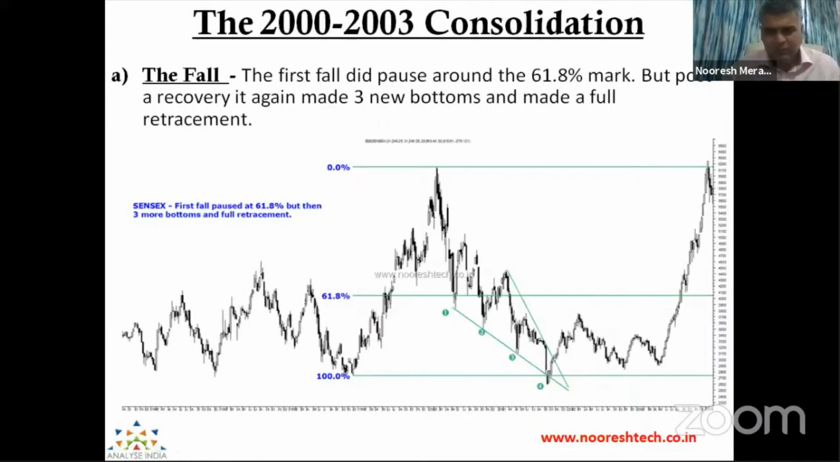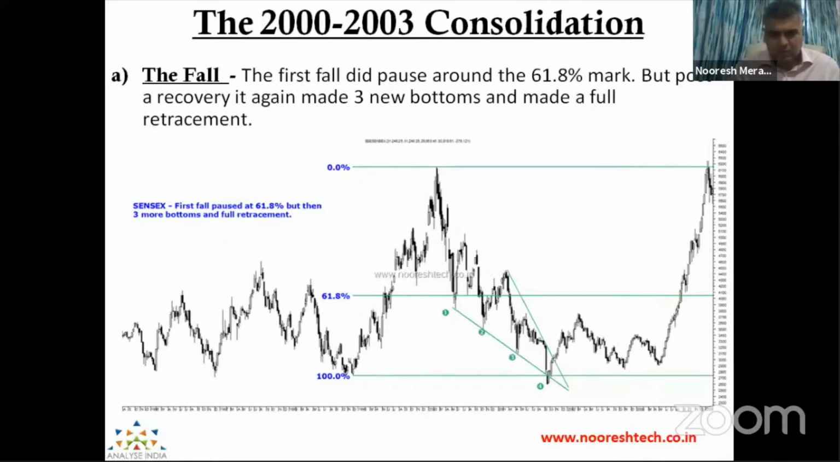Then we look at the 2000-2003 consolidation. The first fall of the IT and telecom led bull market was almost directly equivalent to 60.8% of the move. But post a recovery, this made three new lows and did a full retracement. Now, what is interesting to note in this period is this bull market was a very,